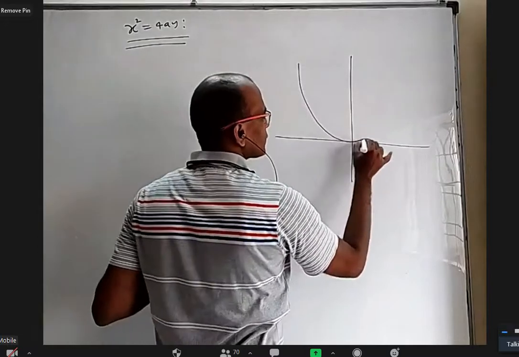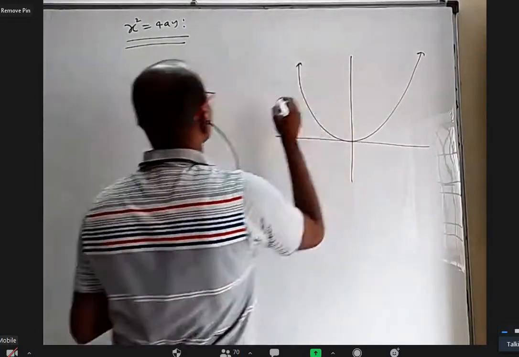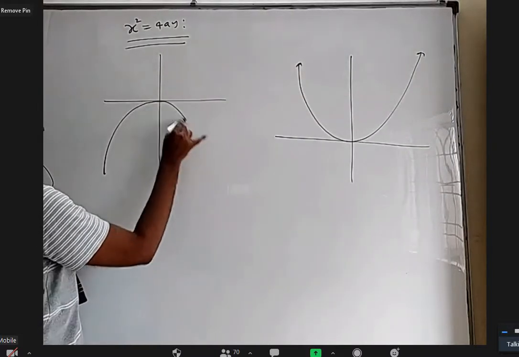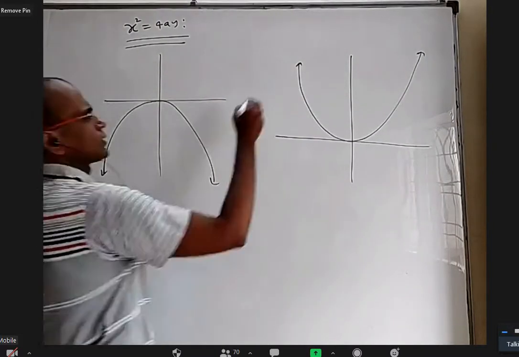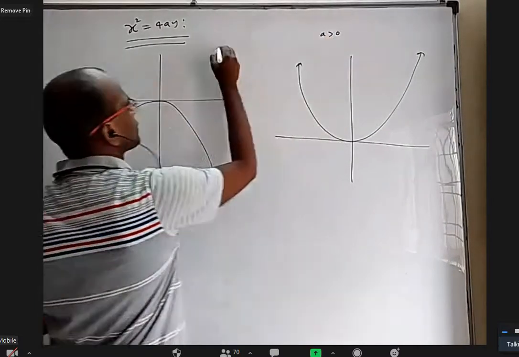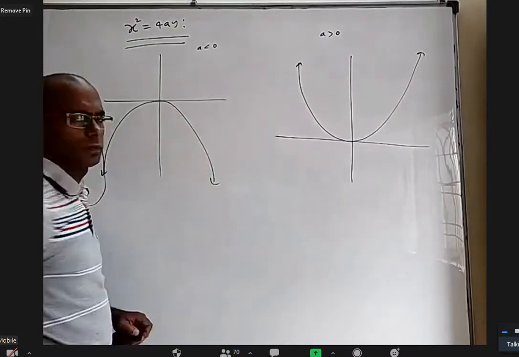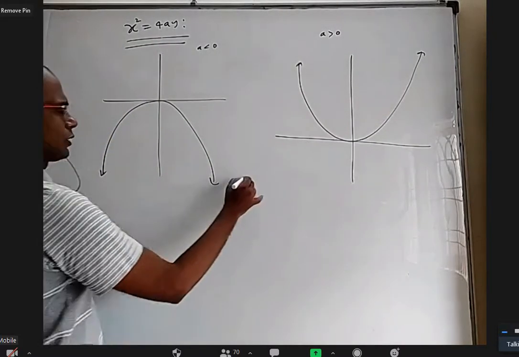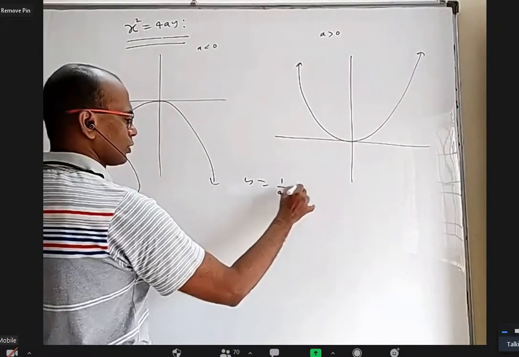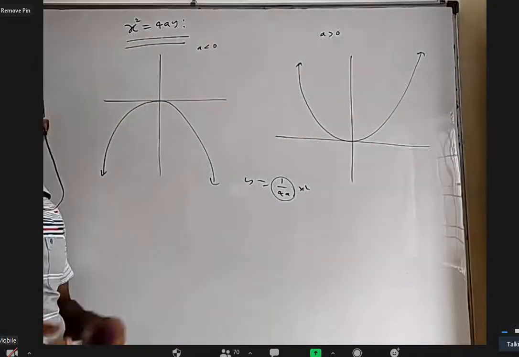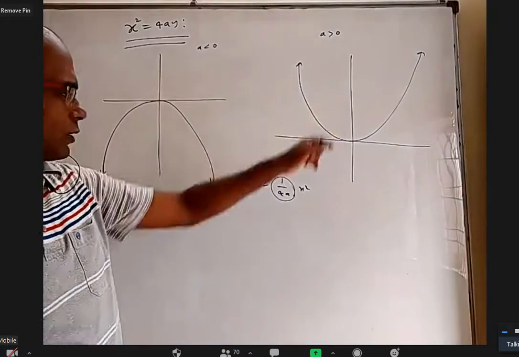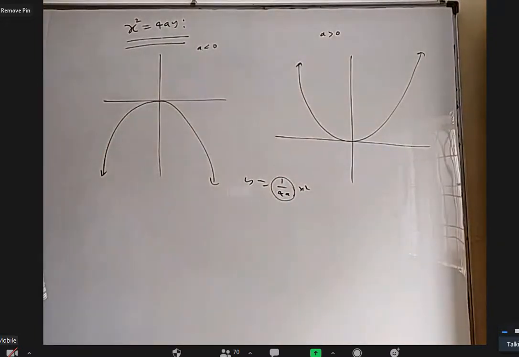It will be like this, and it can be even like this. This is when a is greater than 0. This is when a is less than 0. You can see, if you bring this 4a down, it is like y equal to 1 by 4a into x square. It is your regular routine thing, some multiple of x square. So it will be like this. If it is negative, it will be downward, right?